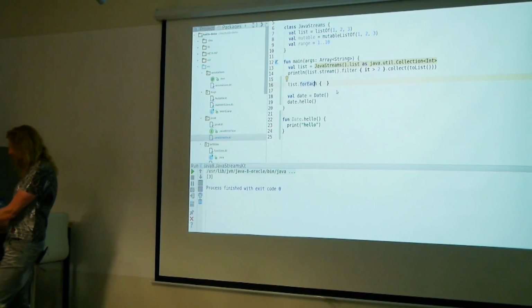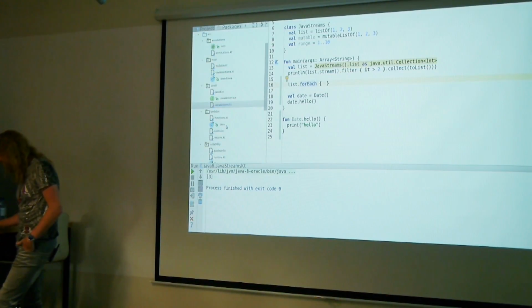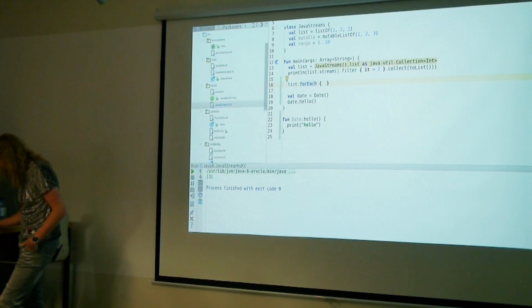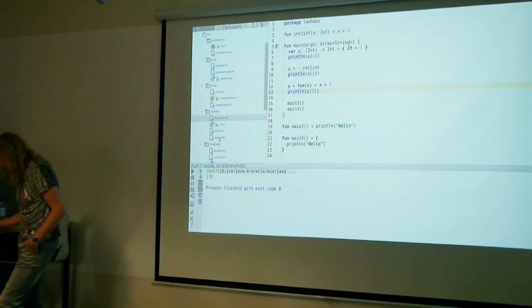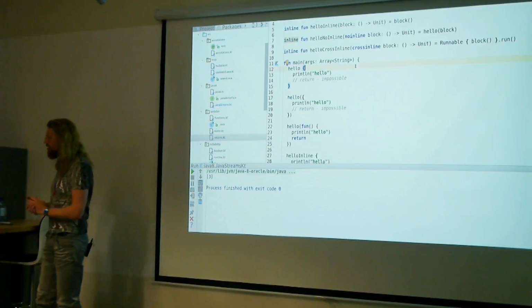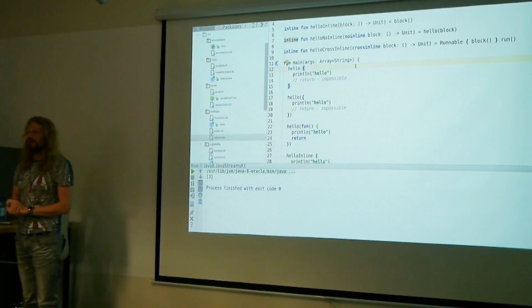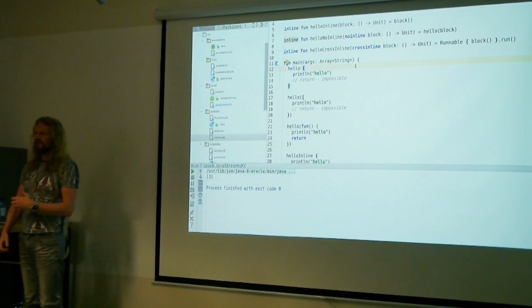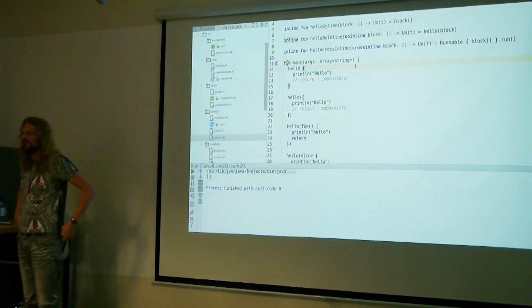About inlining of the functions, if I started talking about it, I'll show you some interesting things. Let's see, actually, this one. So, of course, Kotlin has lambdas, and the syntax of Kotlin's lambdas looks a lot like Groovy closures.